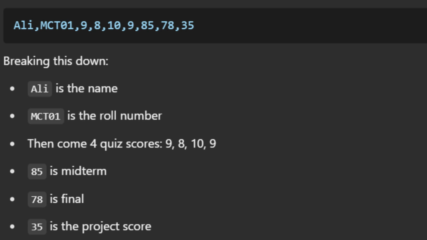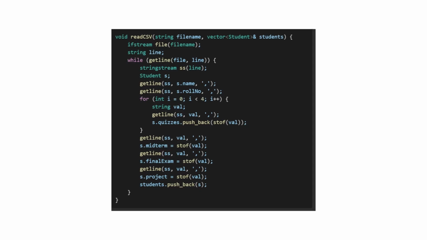This struct includes vectors for quizzes and assignments and float values for midterm, final and project. Using a struct allows us to manage each student as an object with all their attributes. So now let's break down each function in detail. The first function that we have used in this project is